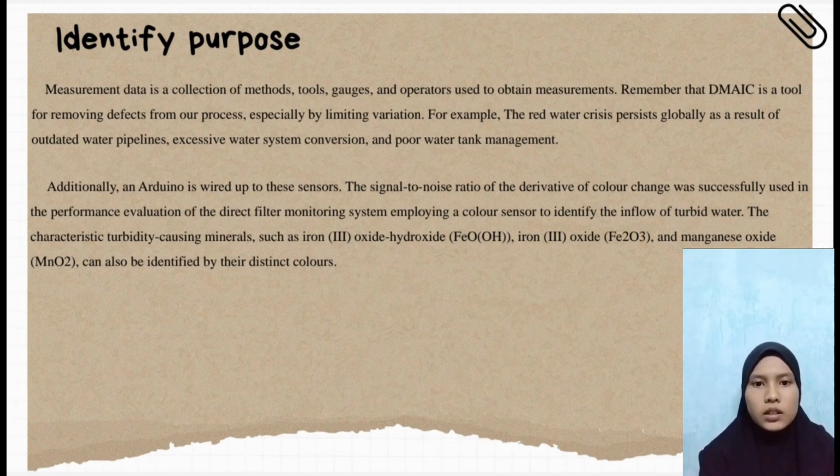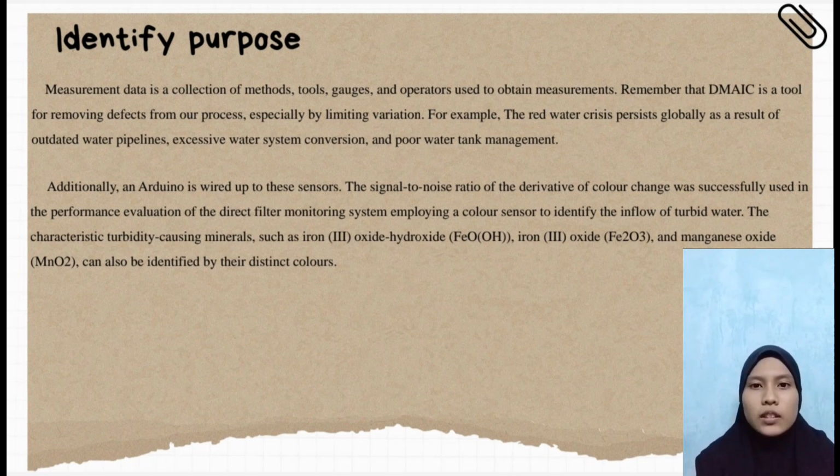Identify factors. This report represents a direct filter monitoring system for water tank filter in apartment complex using Arduino and IoT technology. The system uses grayscale, RGB color, and pressure sensor to identify turbid water inflows. The system uses an R-square value of 0.9 or higher to analyze the relationship between pressure change and